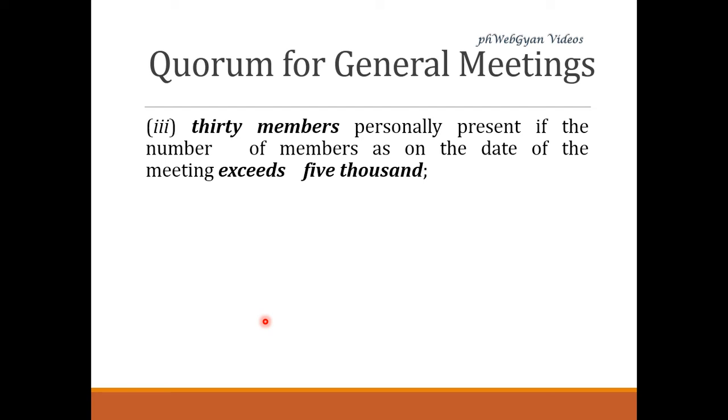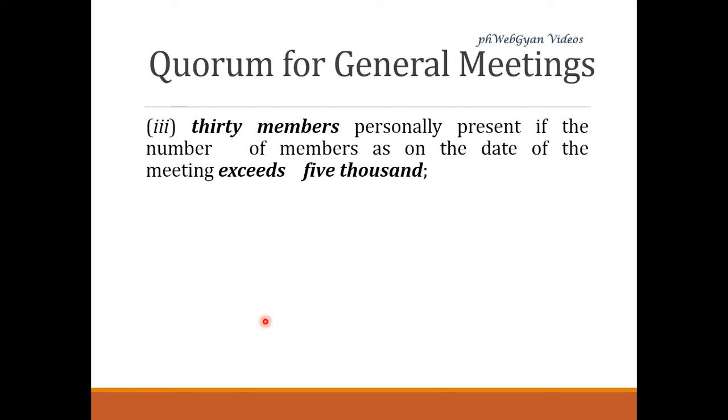Okay, but one more thing, that is the starting line of section 103 subsection 1, it says that if the articles provide for a larger number, then that number shall prevail as a quorum of a general meeting in case of a public company. So this is a huge deviation from the quorum which used to be there in the earlier act, that is the 1956 Companies Act. In that provision, it provides that for a public company, the minimum number of members for a duly convened meeting, that is the quorum, shall be 5 members. Now there is a slab which has been provided, which we have already discussed.